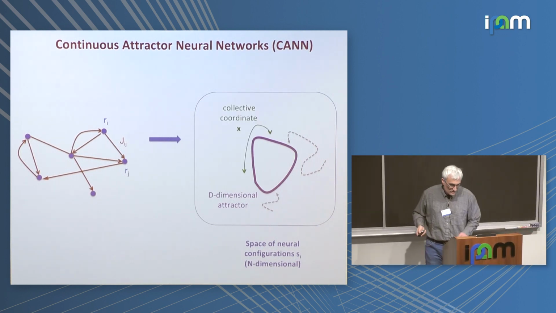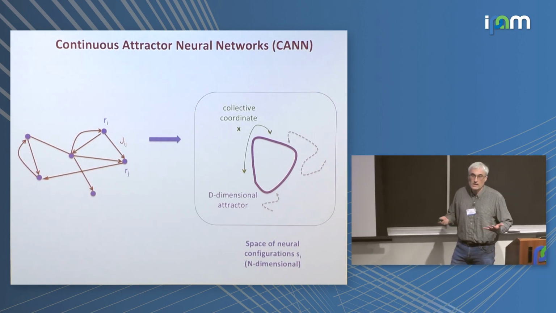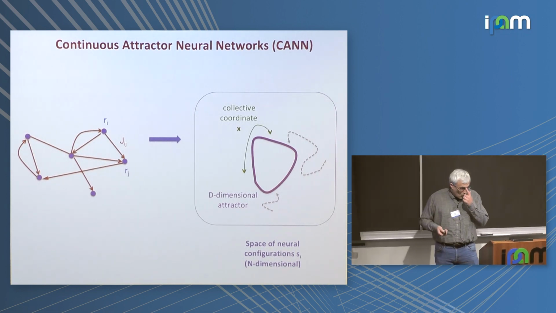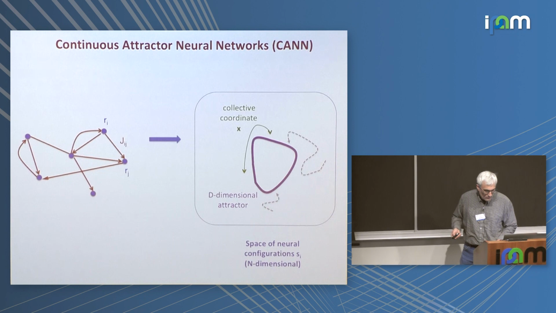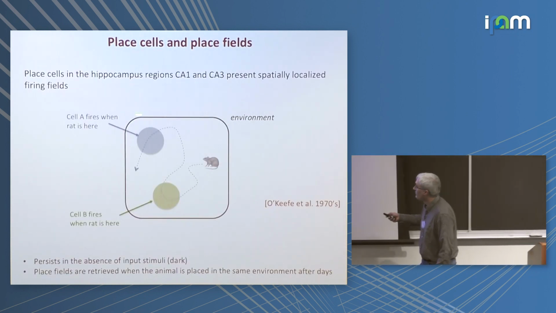And what matters here is what this coordinate along the attractor means. I can call it x, it's a vector in d dimensions, and it could code for many things. So one possible application of this formalism comes from the representation of space in the brain, in particular in the hippocampus,